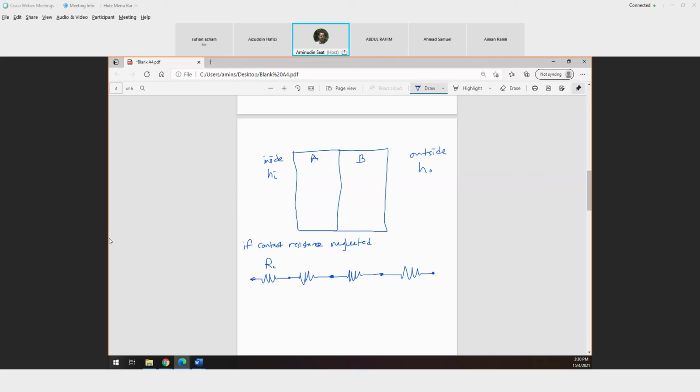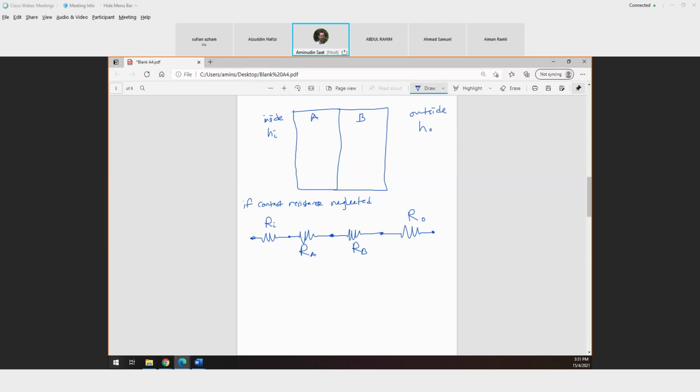This is Ri, R due to the convection. This is R conduction due to metal A. This is R conduction due to metal B. This is R due to the convection outside. Okay. However, if you need to consider the contact resistance, if contact resistance needs to be included, okay, so now the thermal resistance becomes